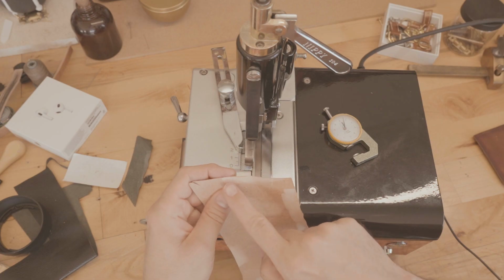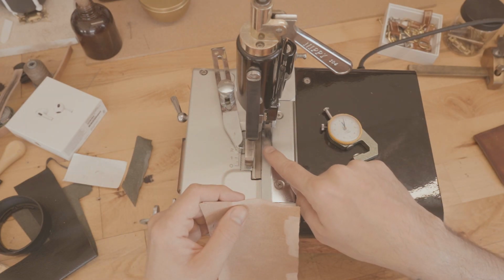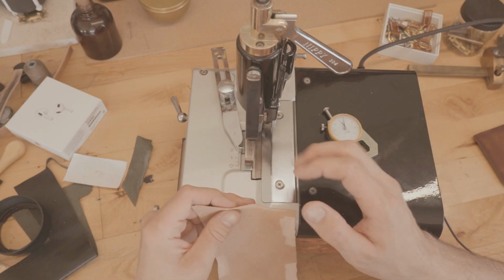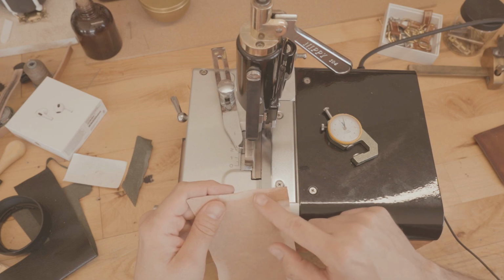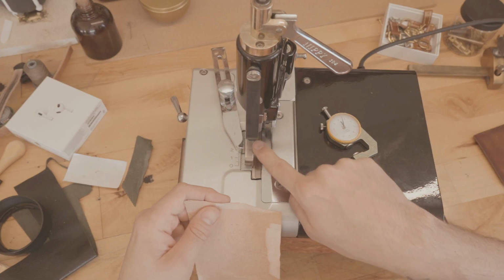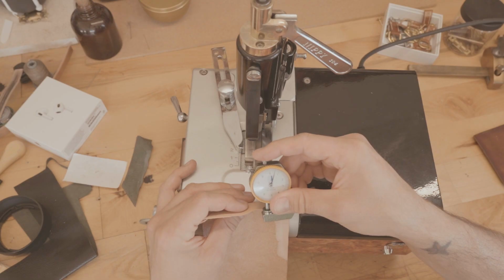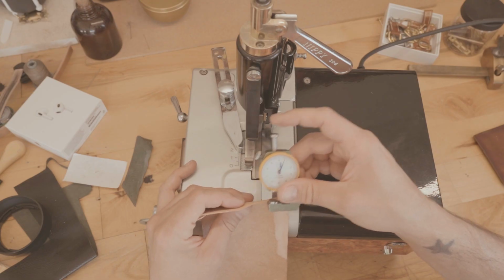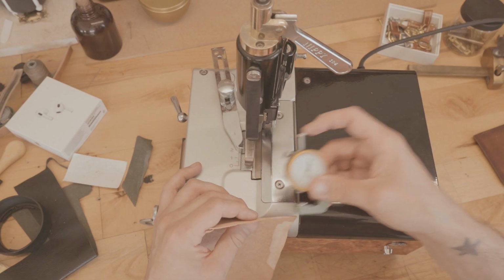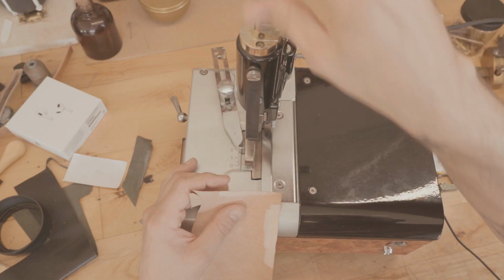You can see now it's getting a little trouble because the heel is at the same thickness as the leather, so it has a really hard time grabbing onto it. So the way you adjust this is just adjust the angle of the foot. But this is just to show you. So now I've taken 0.3 millimeters off. I went from 8 millimeters down to 6 millimeters, and I can just increase it just a smidge closer,